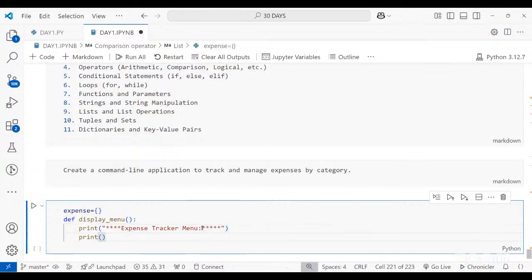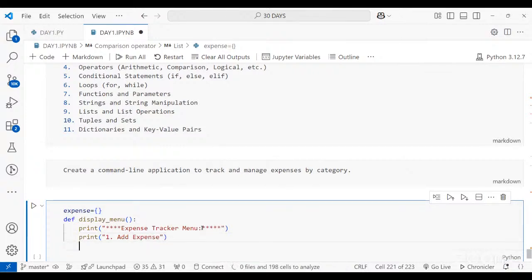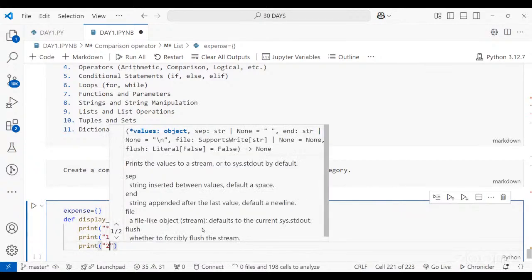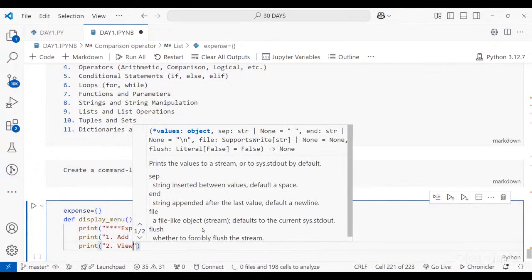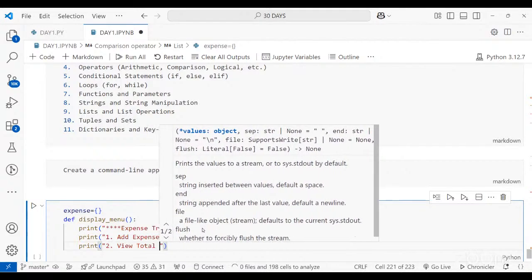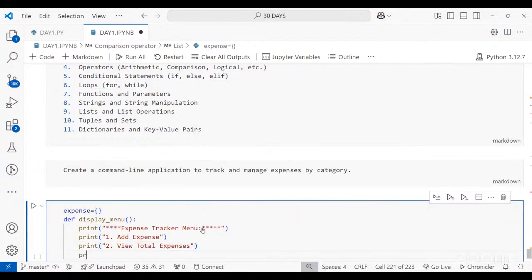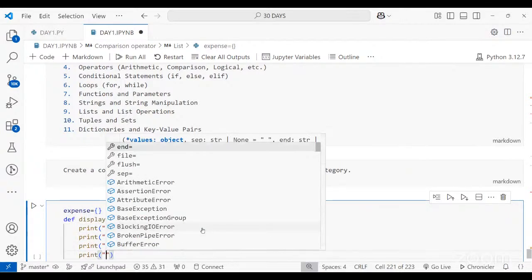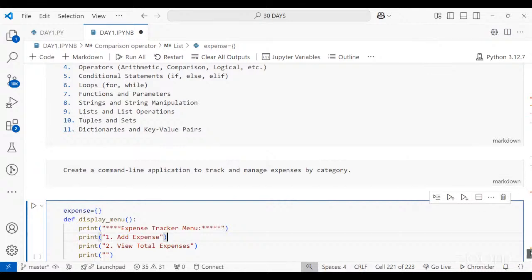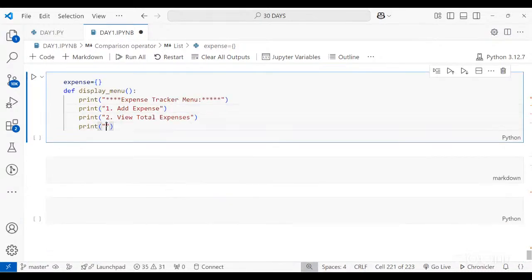Okay, so then I'm going to display what are the features of this. So first, I wanted to make it so that the user can add expenses. Second, the user can view the total expense. Total expense means overall how much you have spent in that particular month, let's say. And third thing is, if the user wants to view it category wise, then that feature I also want to give. So third is going to be view category wise